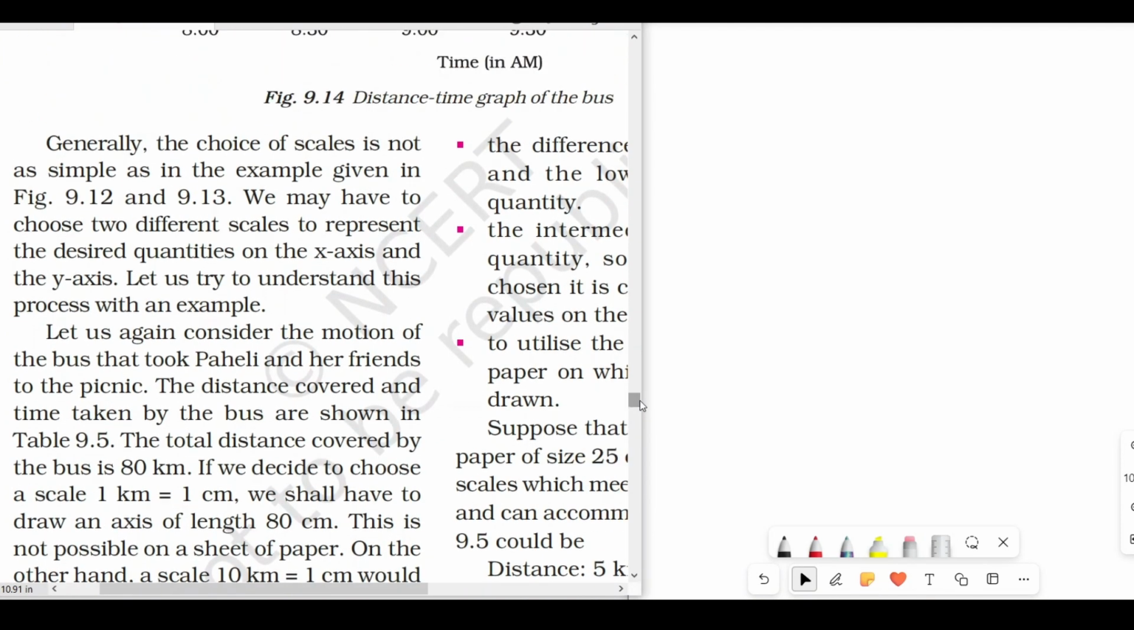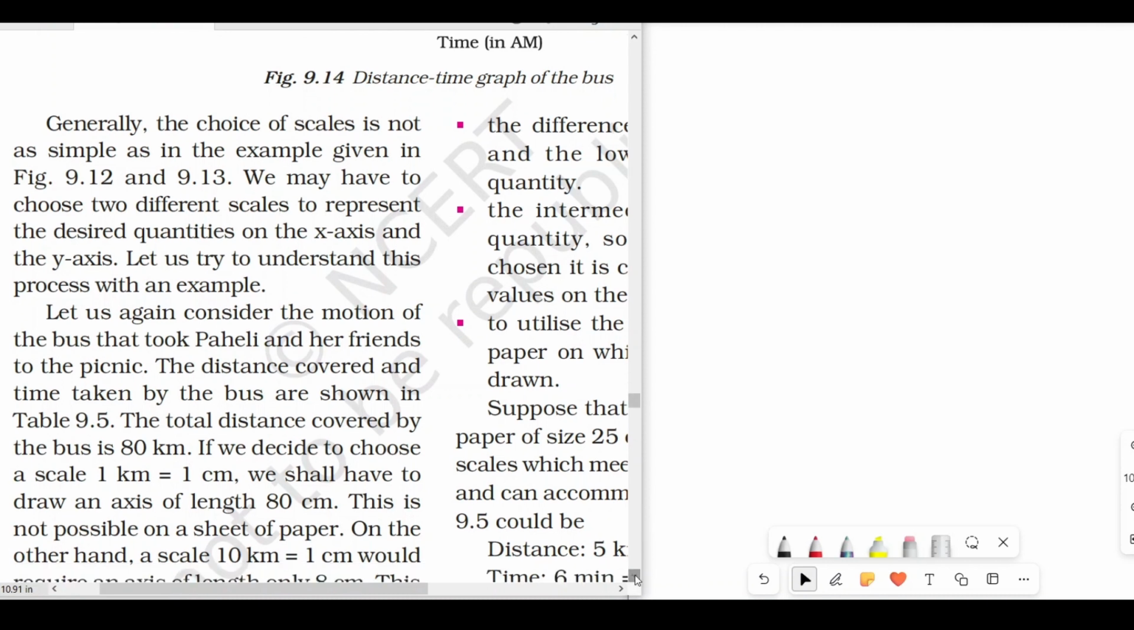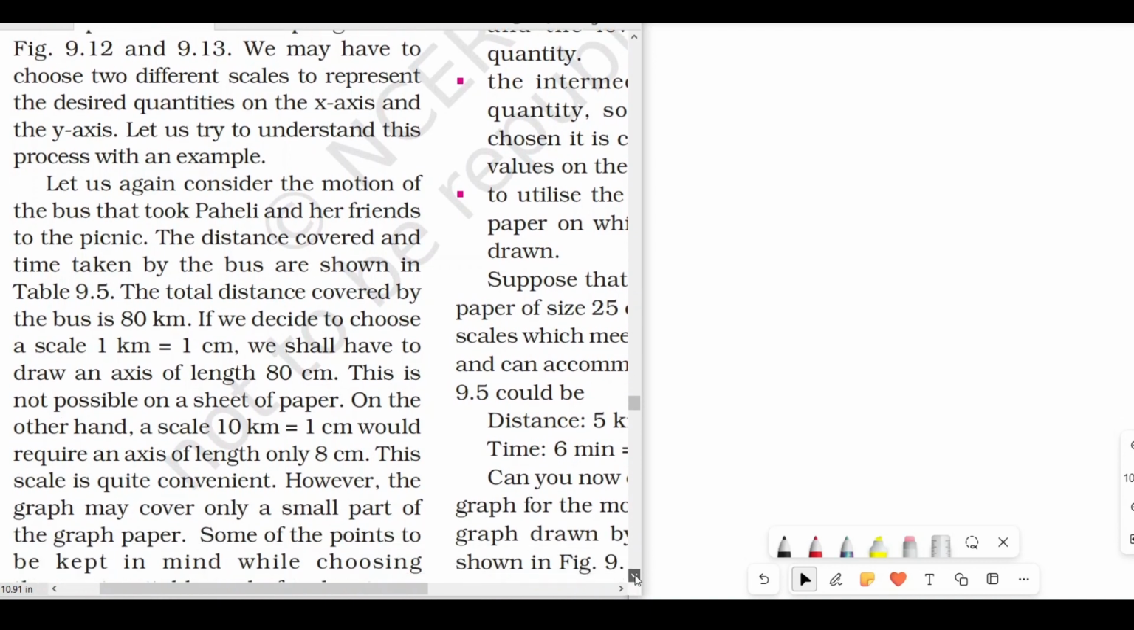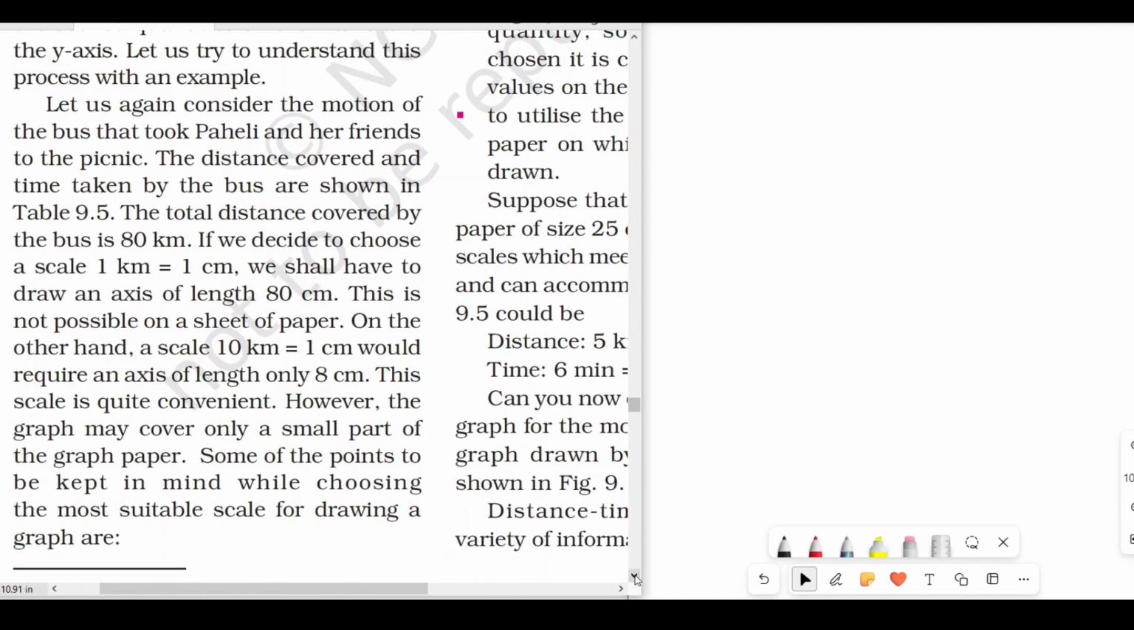All right, so generally the choice of scales is not as simple as in the example given in figure 9.12 and 9.13. तो स्केल्स अभी तो हमने बहुत आसानी से ले लिए थे कि 1 किलोमीटर इज इक्वल्स टू 1 सेंटीमीटर और 1 मिनट इज इक्वल्स टू 1 सेंटीमीटर। लेकिन इतना सिंपल कभी कभी नहीं होता। We may have to choose two different scales to represent the desired quantities in the x axis and y axis. Let us try to understand this process with an example. तो हो सकता है कि हमें अलग अलग वैल्यूज लेनी हो ये स्केल्स को डिफाइन करने के लिए, और हम इसको एक एग्जांपल से समझते हैं।